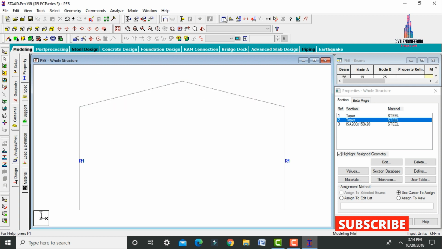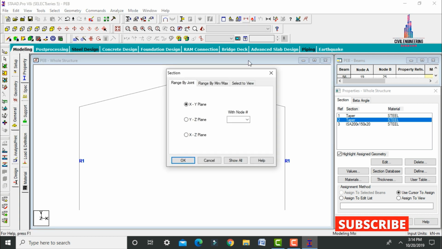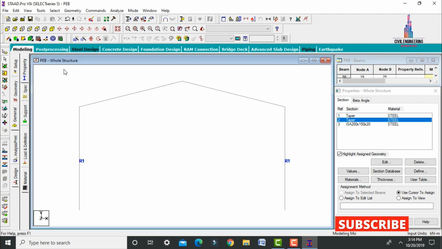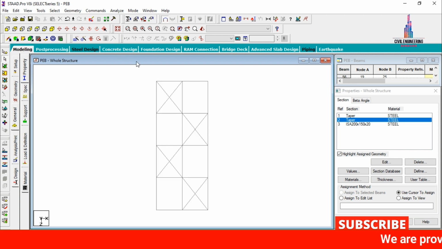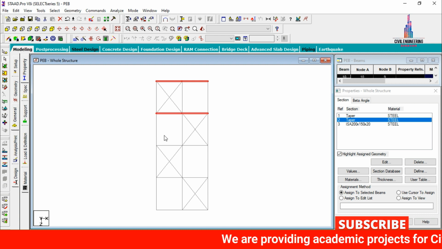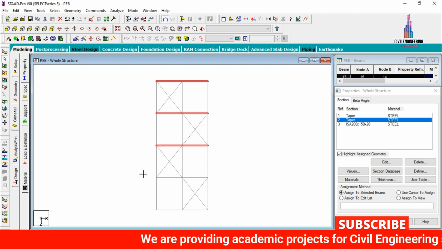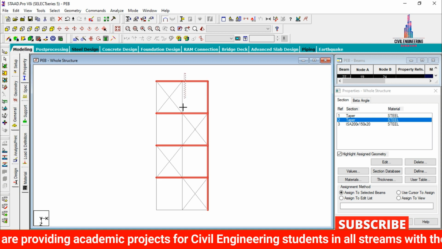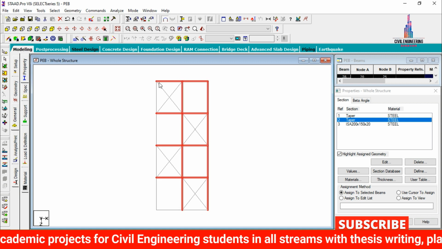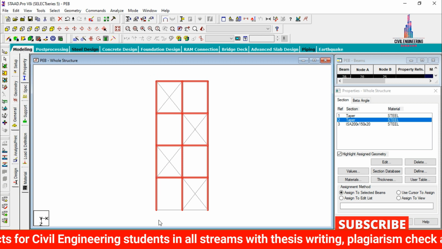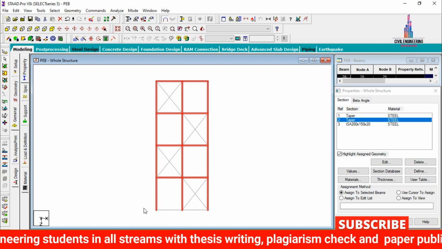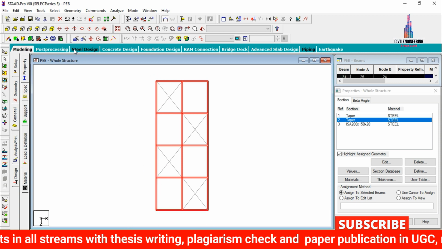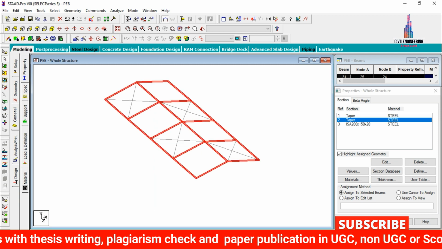Here I am selecting the front view by using the cut section command. Click on select view option. Now I am cutting the top portion like this. After that we have to select all the beam members which are parallel to the X direction as well as the Z direction. So here I am selecting all the column sections and beam sections which are horizontal in X and Z direction. After that we have to select the front facing beam sections also. So click on 3D view. Click on assign to selected beams, assign yes.